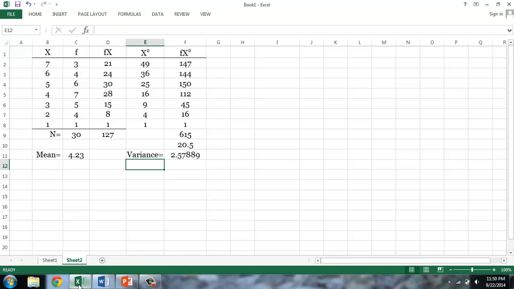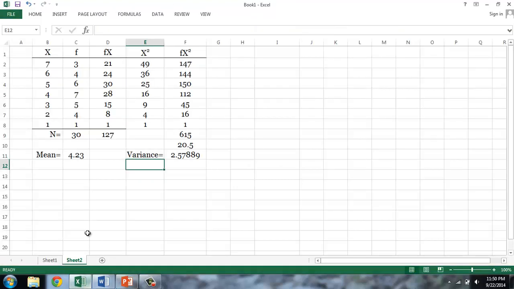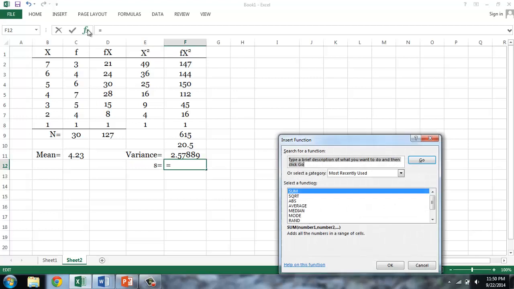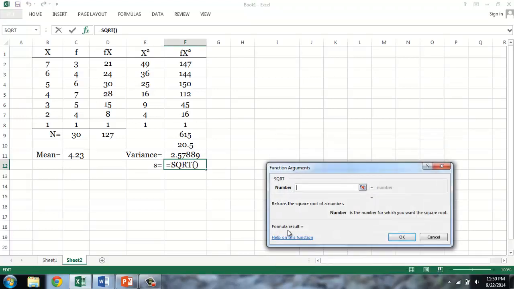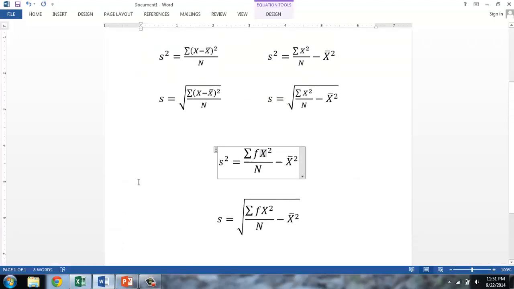Just as before, the standard deviation is simply the square root of the variance. So I'll insert function and select the square root and click on the variance. This number tells us that on average, a score in this simple frequency distribution deviates from the mean by approximately 1.6 units. This covers calculating